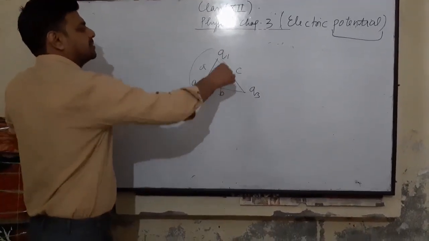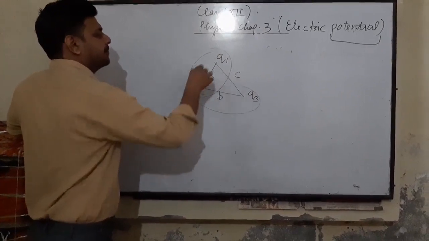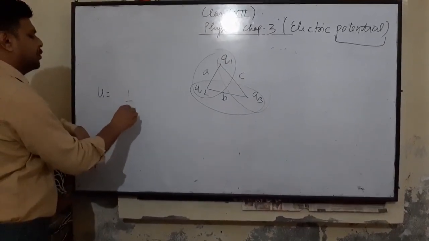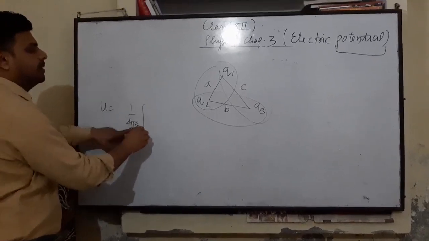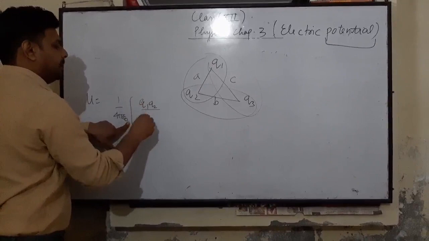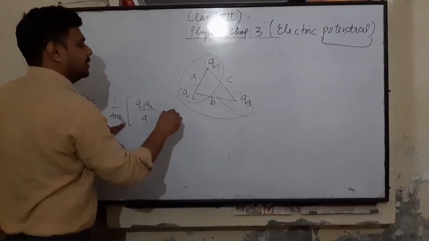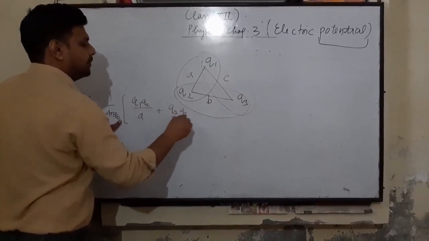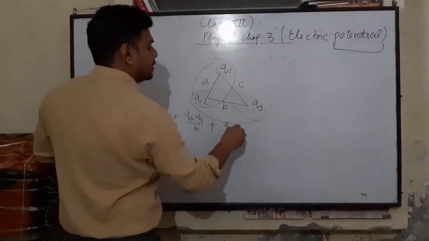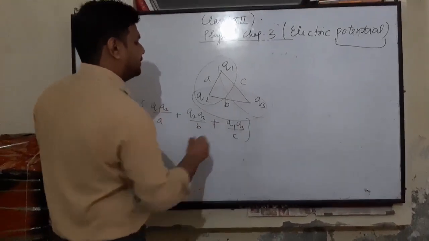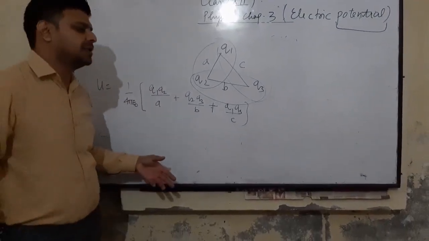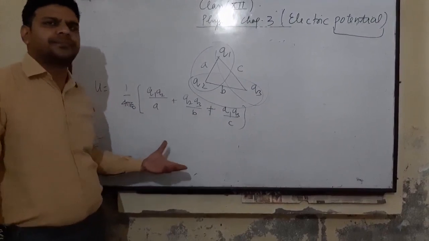Here we can make three pairs. 1 over 4 pi epsilon naught common: for this pair Q1 Q2 upon a, plus for this pair Q2 Q3 upon b, and for this pair Q1 Q3 upon c. If we want to find the electric potential energy of a many charge system, more than 2 or 3 charges,